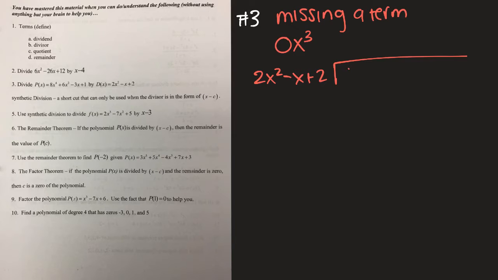With this, we got 8x to the 4th. And then we're going to put that 0x cubed, because if you don't put it, it will mess you up. And that's all I have for number 3. That's the only important one. Number 2, you can definitely do, all right? And number 1, those are on the key. So now let's go